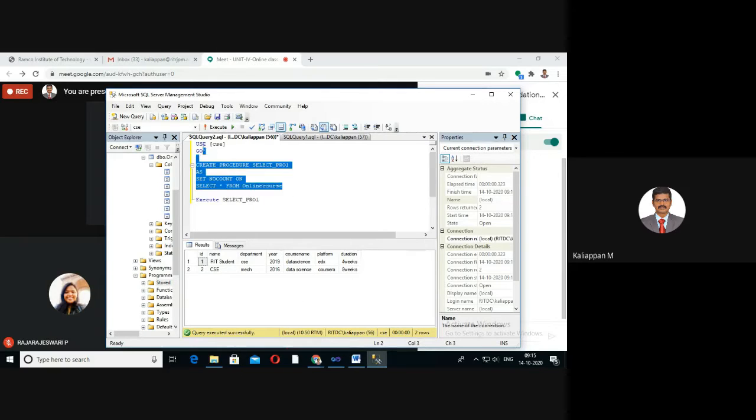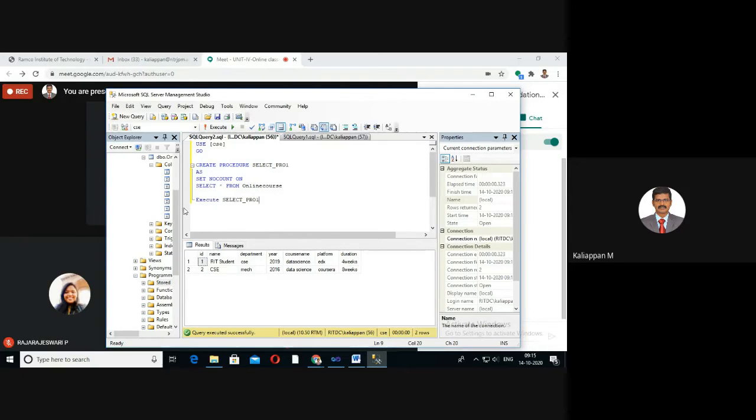So this stored procedure is called select row one, which contains the SQL query select star from online course. To execute the created stored procedure, just use the execute command and give your stored procedure name. You will get the output. Likewise, you create a stored procedure in Microsoft SQL Server.